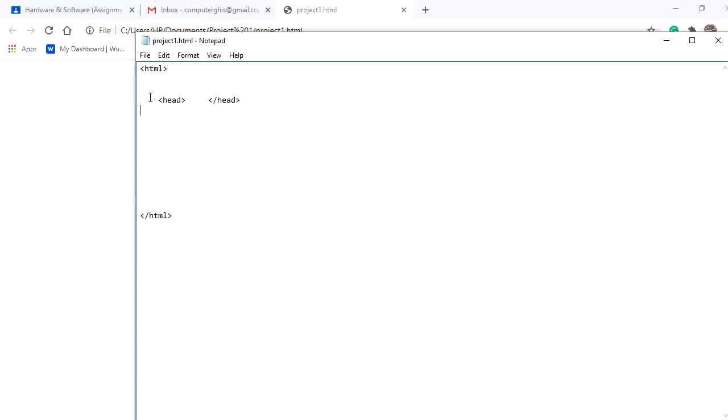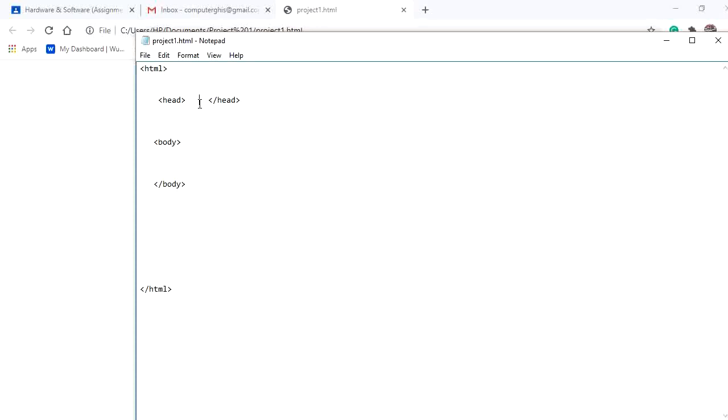Okay, then we need to create the body. We just said that HTML tags are the head, the body, and the footer, which we're not going to use. Okay, so body, we're having an open body tag, it should be closed. Okay, we can take enter, space again, body, /body. Okay,